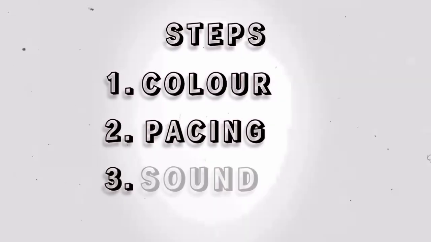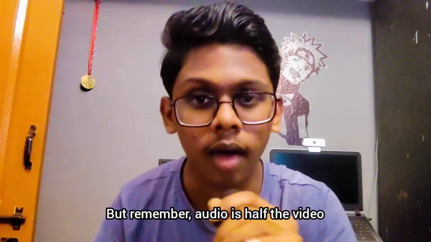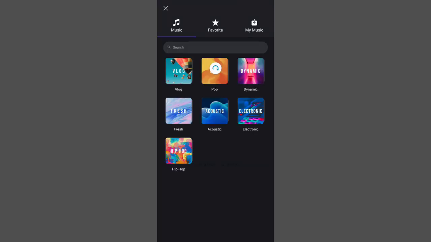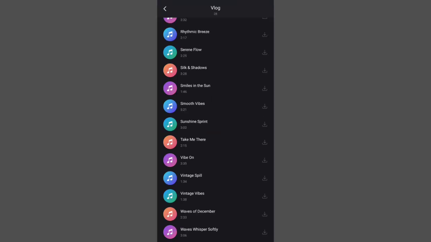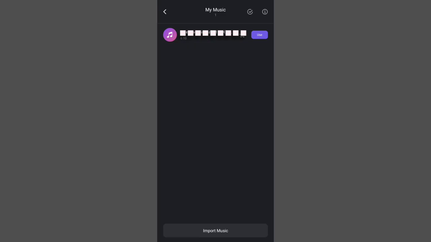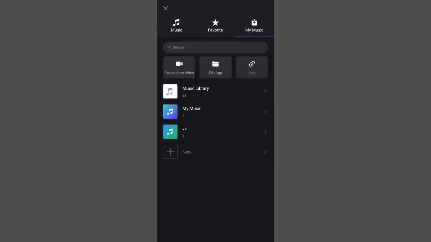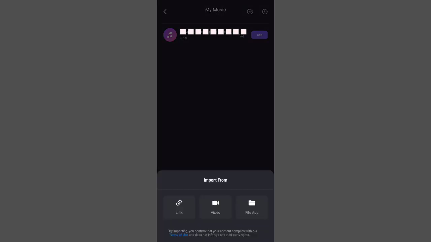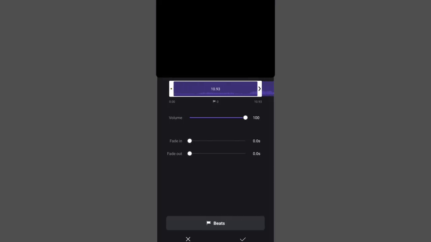And finally, sound. This is where most people stop. But remember, audio is half the video. Click on the music timeline, and then music. In VN, you find so many types of music like vlog music, pop music, electronic music, and more. But as music is the soul of an edit, you find different trending tracks on Instagram, YouTube, and any other platform. You just download those into your folder, and then you find it in My Music, and then you click use on that. You see a timeline, where you select which part of the music you want, and you see